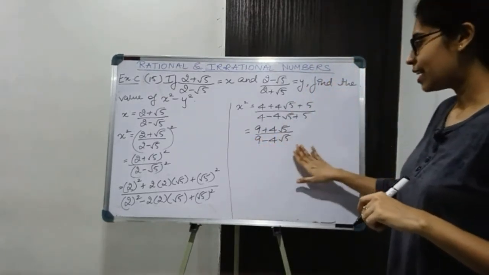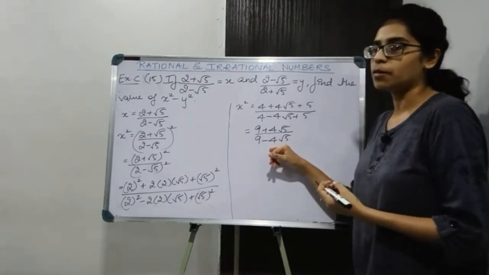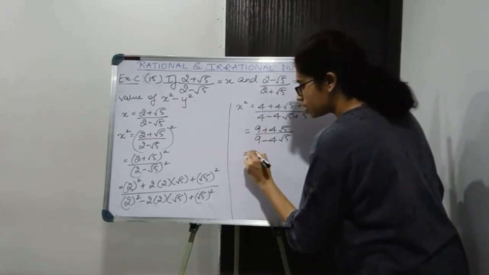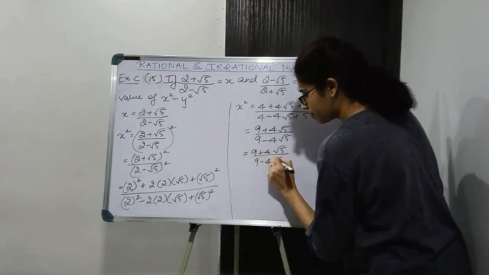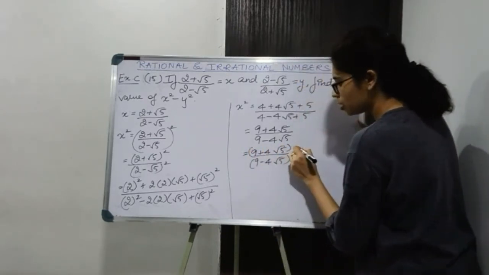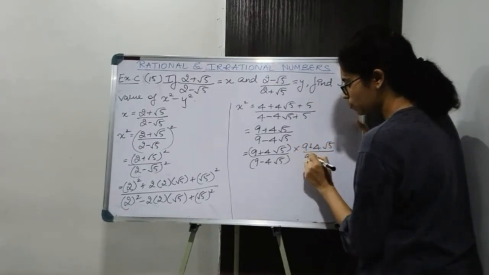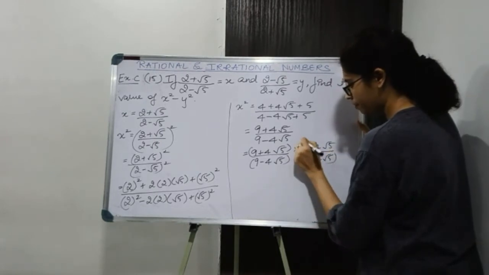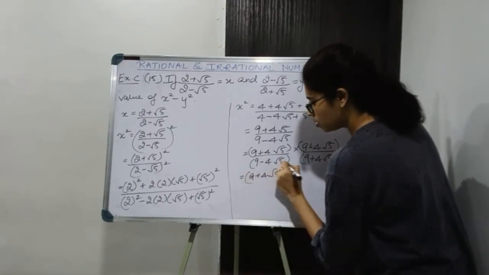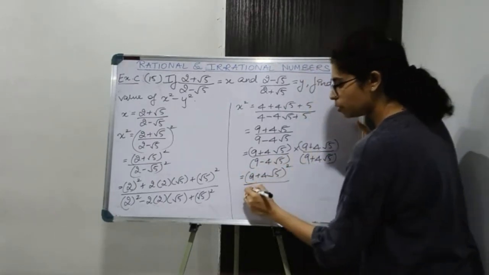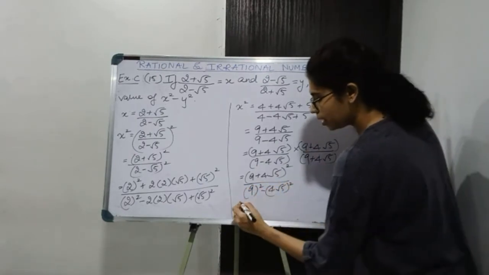So we have got x square, but यहाँ पे denominator में we are having irrational number, root है, so we'll rationalize it. So multiplying by rationalizing factor. So इसका rationalizing factor हो जाएगा 9 plus 4 root 5. Numerator में we get 9 plus 4 root 5 the whole square upon, this will be of the form 9 square minus 4 root 5 square.